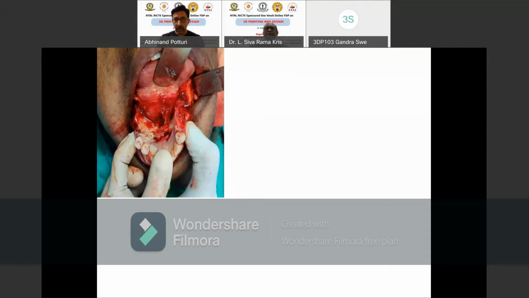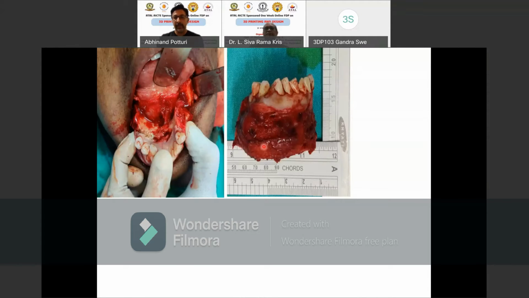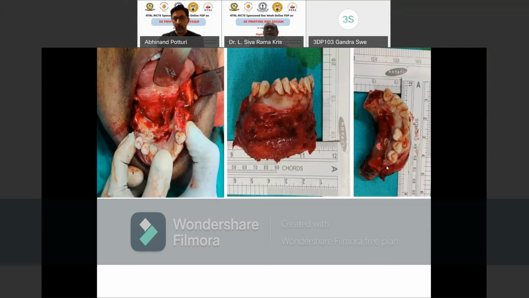So you see this jaw is being removed along with its teeth. This is the tongue of the patient, this is the upper jaw, upper teeth, and the entire jaw is resected and removed. You see this jaw is now right on the table. It has come out of the patient's body and it is right on the table. It is resected along with the tumor. Now, this is the portion again in another dimension.